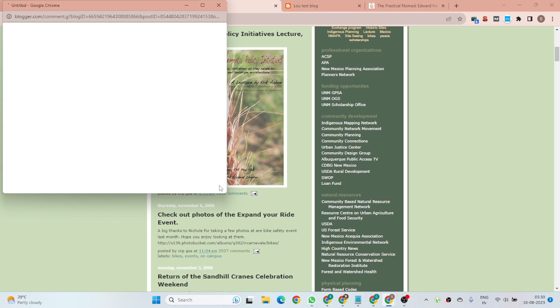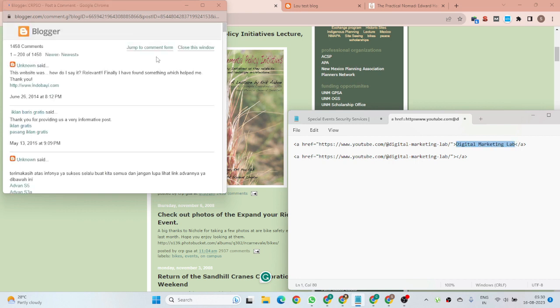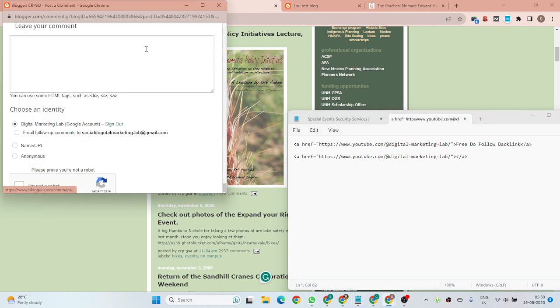Okay, so first you have to generate your topic, then you can submit your comment, your content, in the comments box. Then you have to click on jump to comment form, then you have to copy these tags.